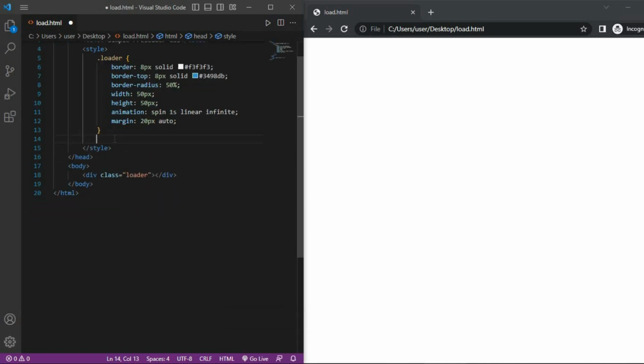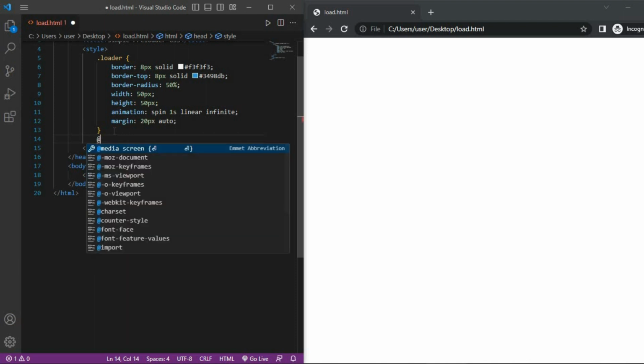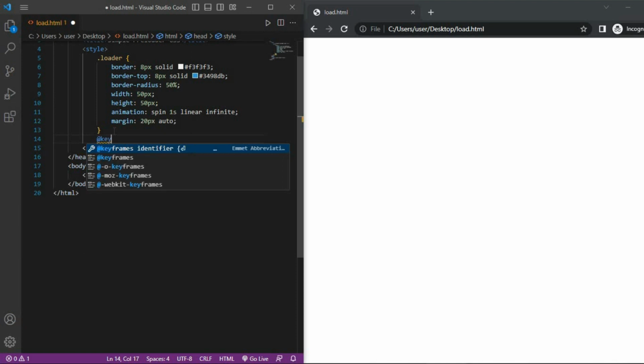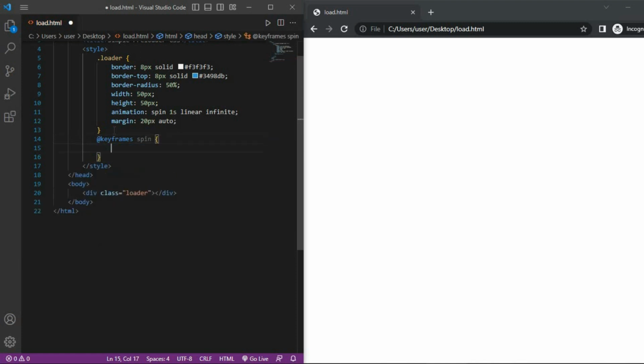After loader class we write keyframes spin. Keyframes spin. This animation spin right here. Keyframes, 0%